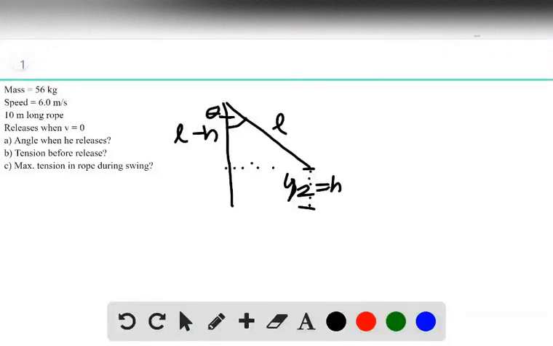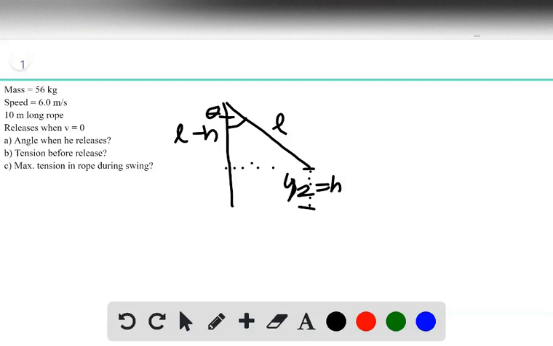Hey everyone, this is question 92 from chapter 6. This problem is about a student swinging on a rope swing, and he lets go at the top when the velocity equals 0. The first part of this question asks us to find the angle theta when he releases the rope. To do that, we can do conservation of energy